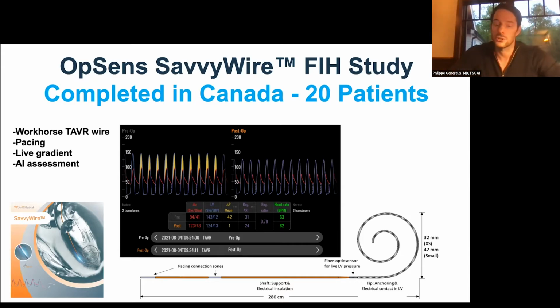also take the gradient. So the work that we did with the 014 wire was not only to prove that we can use this to assess the AS, but also as a first step to validate the algorithm, which will also be validated in the Canadian study that will be presented actually at EuroPCR in a couple of days by Joseph Rodescabo. So I'm going to stop here and happy to discuss and entertain questions.